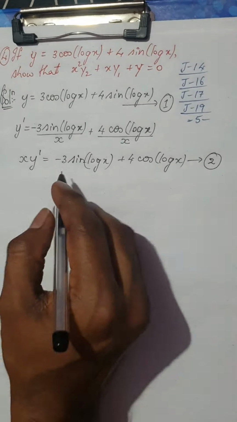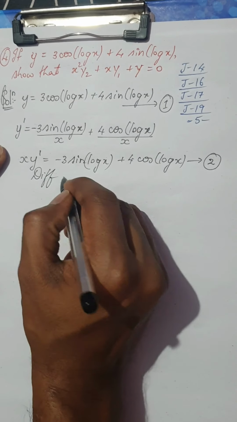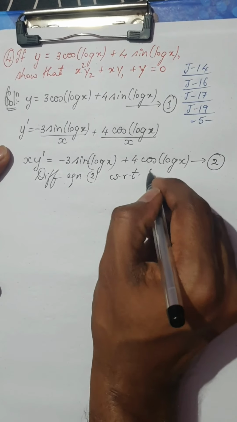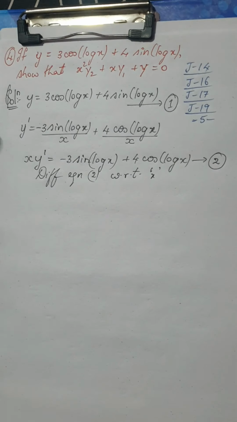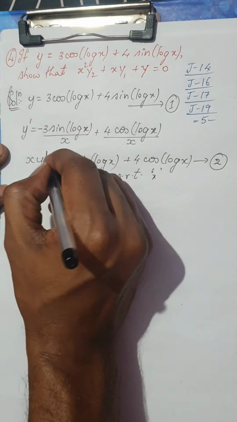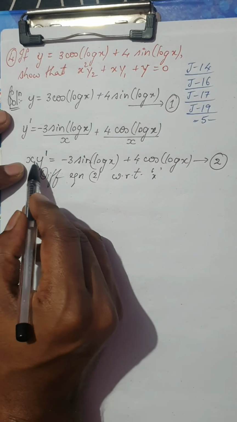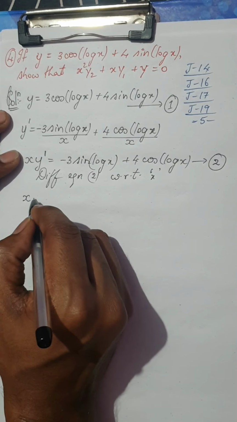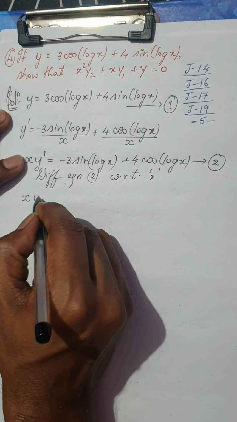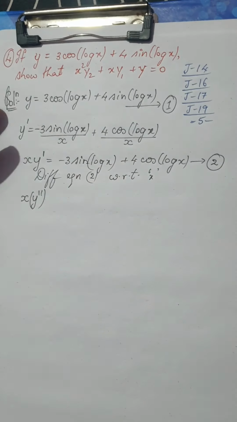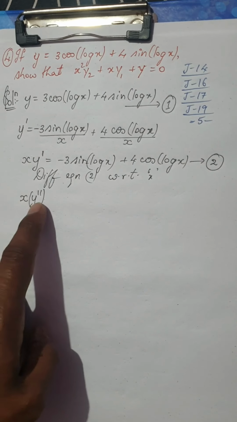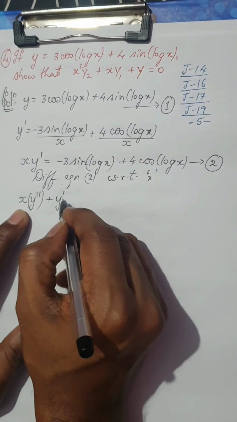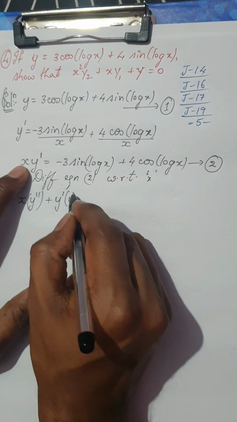Now you again differentiate equation 2 with respect to x. Okay, now I am going to differentiate it again. So here I have a product rule. Please be careful. So I have to use a product rule. So first function as it is, derivative of y dash is y double dash. That is, derivative of first derivative is second derivative. Plus now keep y dash as it is. Now derivative of x would be 1.